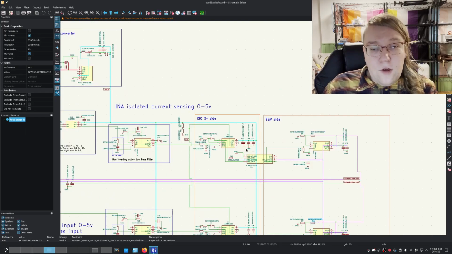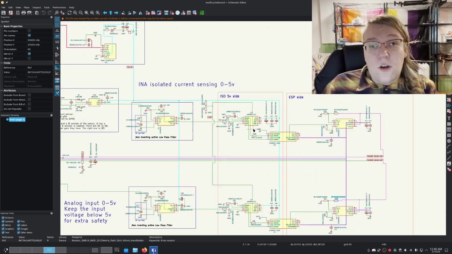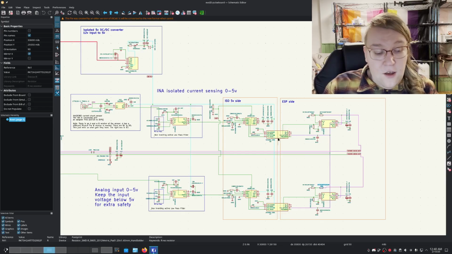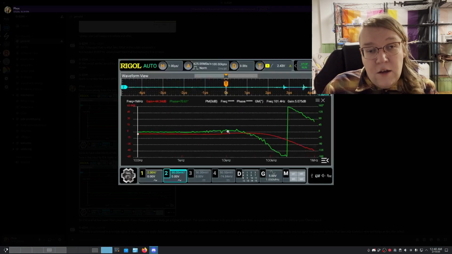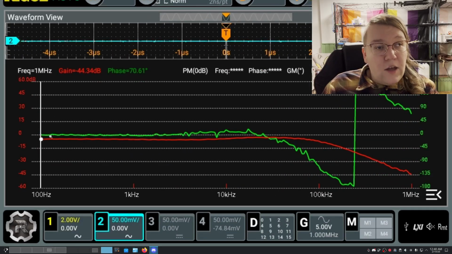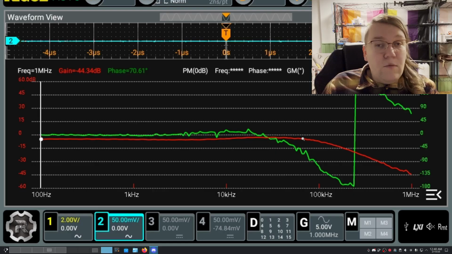In the process of doing this, we also measured some of the signal path and found out what its actual filter characteristics are. And we have this here. We can see there is the gain response. The gain stays pretty flat until we get to around 80-90 kilohertz or so, where the minus 3 dB cutoff point is. So this filter has a bandwidth of around 80-90 kilohertz, which is far away from the opto-isolator's